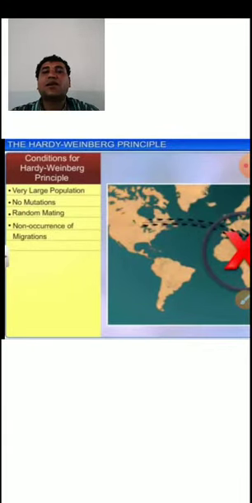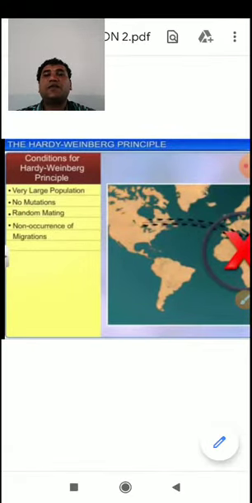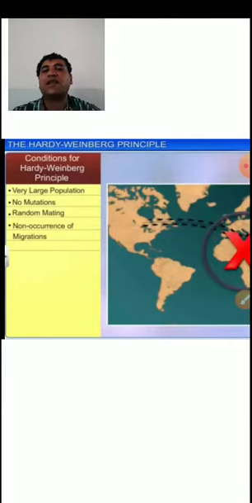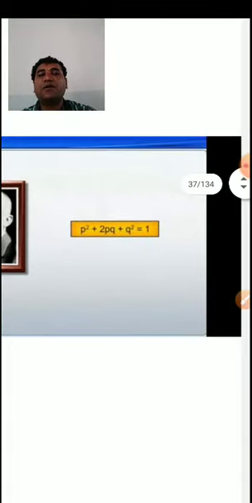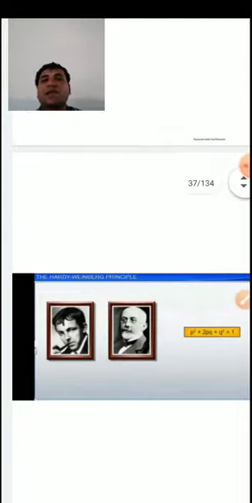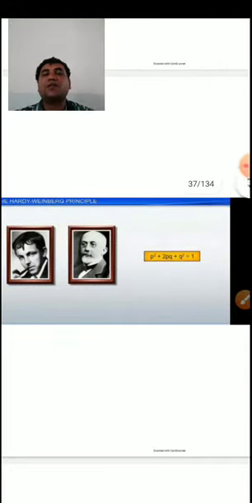The conditions suitable for the Hardy-Weinberg law are as follows. It occurs in very large populations when there are no mutations, when there is random mating, and no migration or natural selection. So Hardy-Weinberg gave a mathematical binomial expression: p square plus 2pq plus q